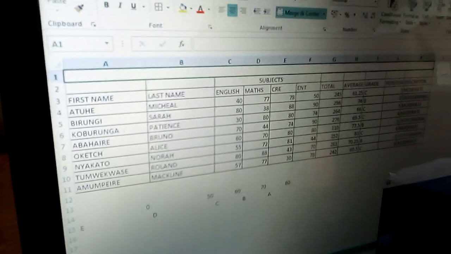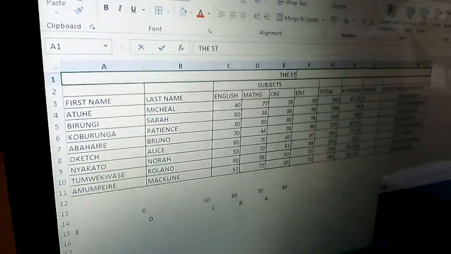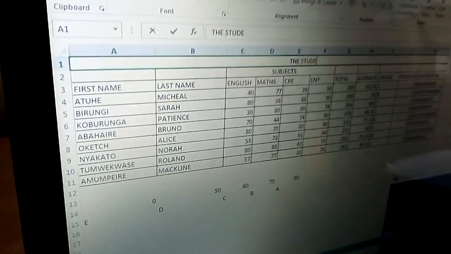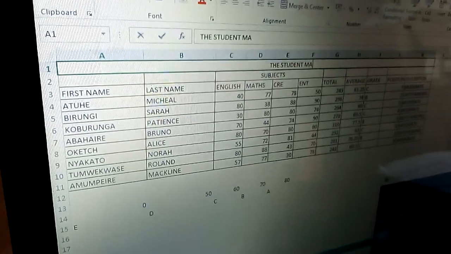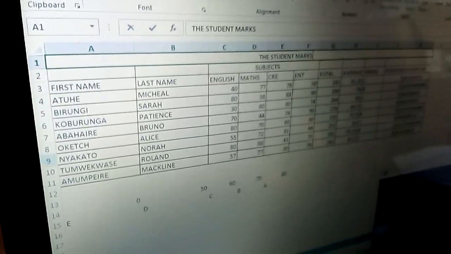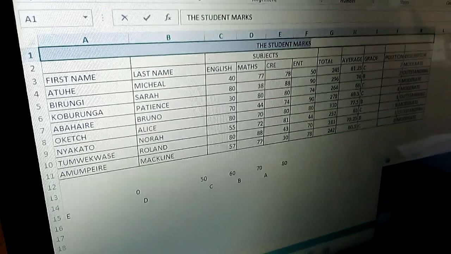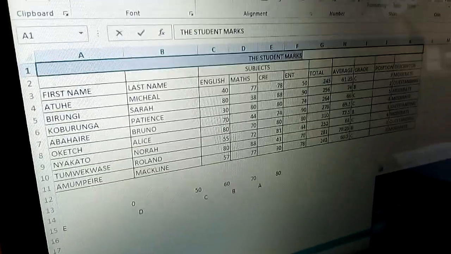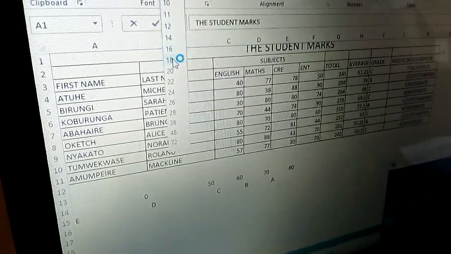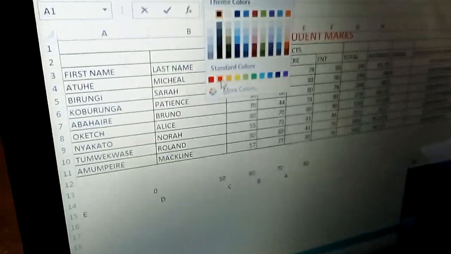And here we can say, for example, the student marks. Simple. Then we can, for example, even highlight this, and we can increase the font. And put the font, and you can put even the color.